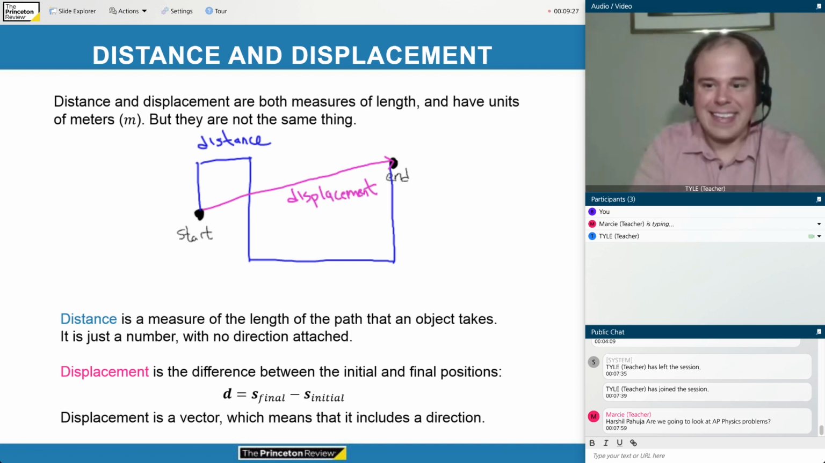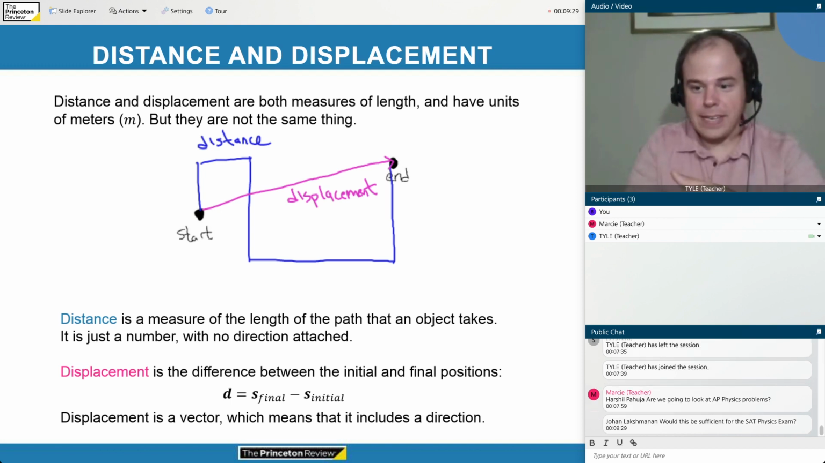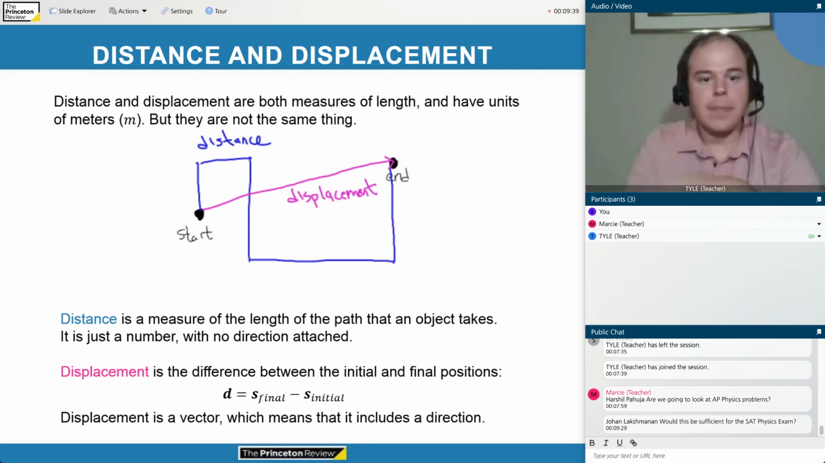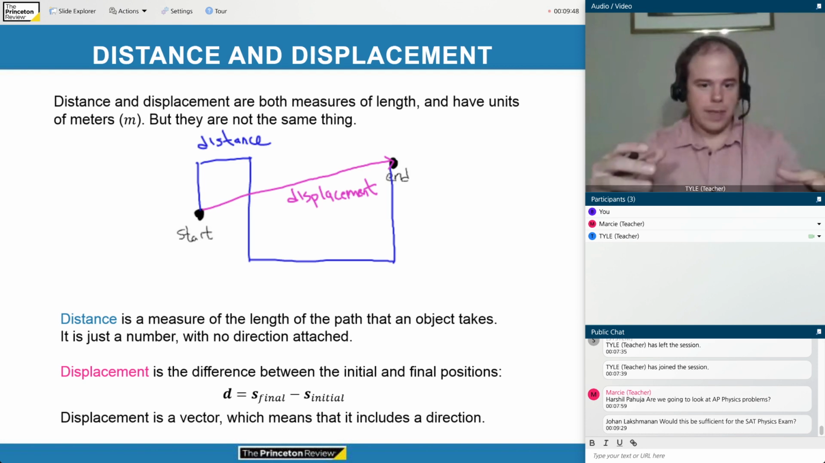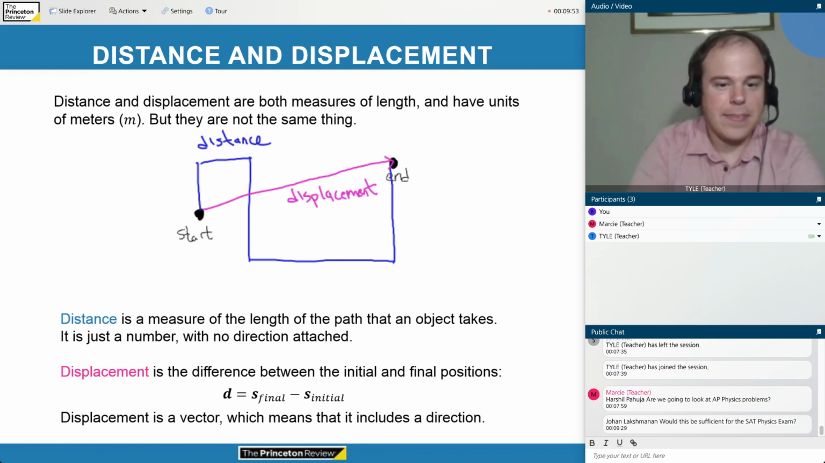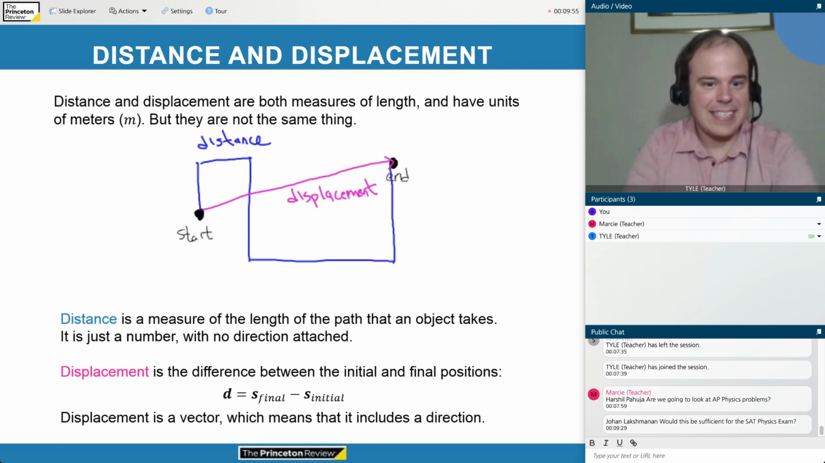Okay, so notice that the distance will always be greater than or equal to the displacement. Notice also that distance is just a number. It's just how long the path was that you took. Displacement is what we call a vector, which means that it includes not just a number, but also a direction. So in this case, the displacement is this purple arrow that I drew. It says how far you had to go and in which direction to get from the start point to the